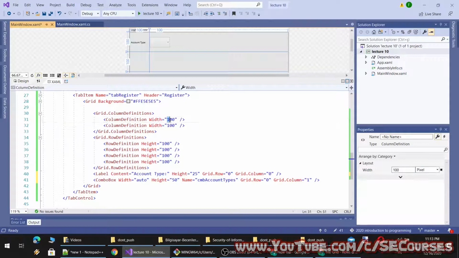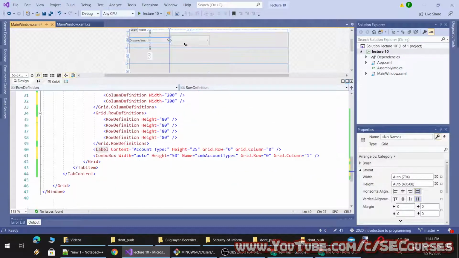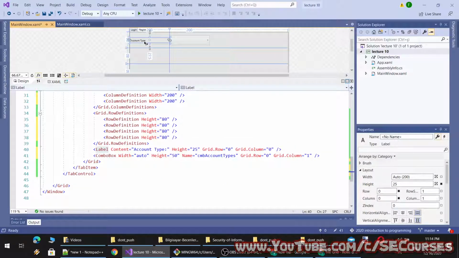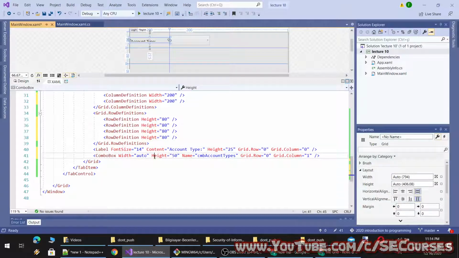So let's make the width 200 and height perhaps 80 pixel. Okay, so now you see they are automatically positioned, and we can make the label font size something bigger. For example, 20, or 20 is too big. 14, yeah, 14 looks good.